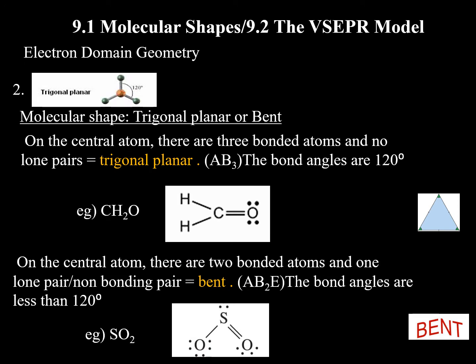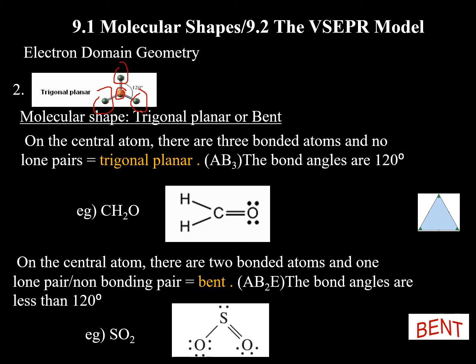Our second electron group, or parent, is the trigonal planar. If we focus on the central atom, it has 3 groups attached, 1, 2, 3, and no lone pairs on the central atom. As the name suggests, trigonal means triangle. It forms a triangle, and it's all sitting on one plane. So you can put it against the board, and all the atoms would touch the board because it's on one plane. Here's an example: